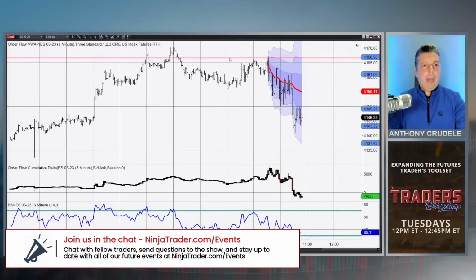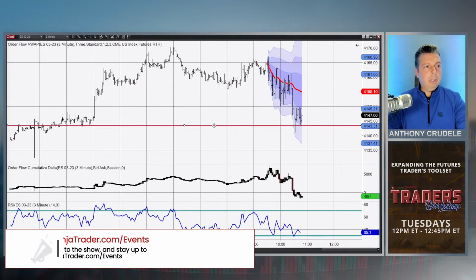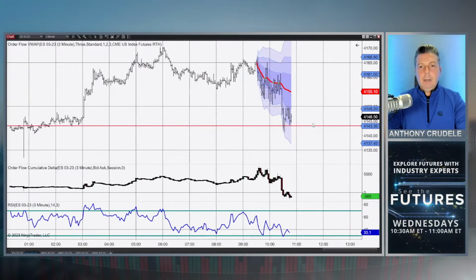let's take a support and resistance line right here. And let's just use a basic one. Let's look at overnight support, which was right around, what was this area here? 41.43-ish, right? That's what was support. And like I said, I'm not telling you this is my support. I'm using a basic example, everybody.